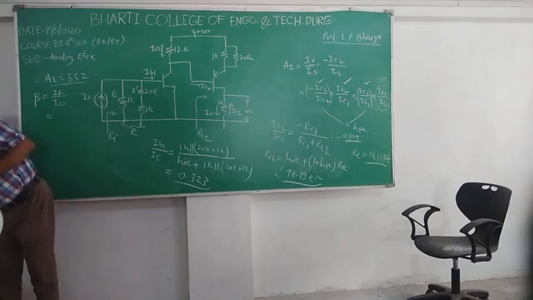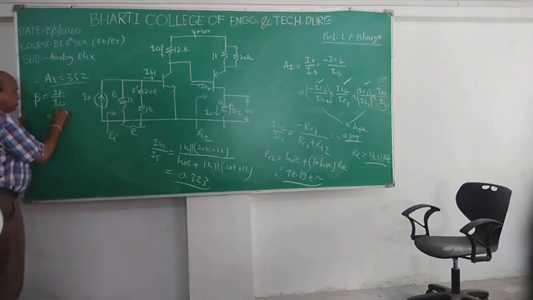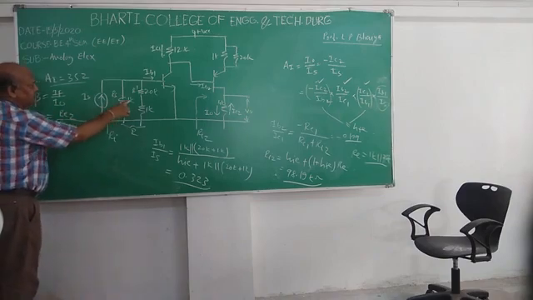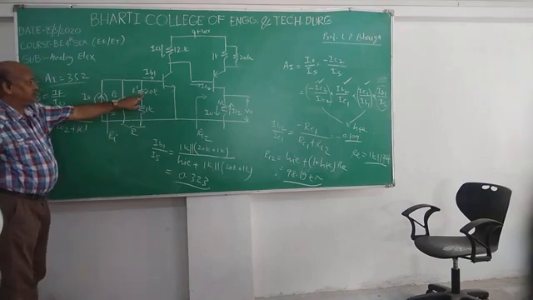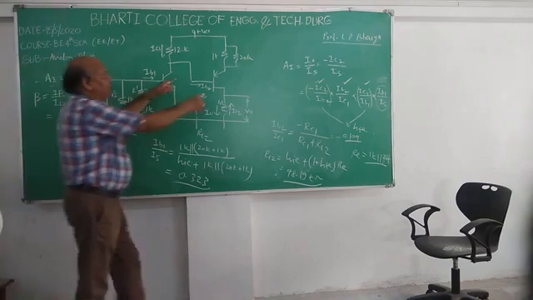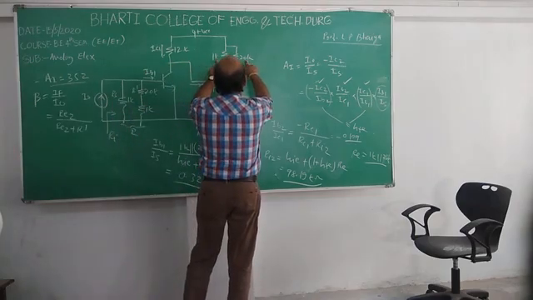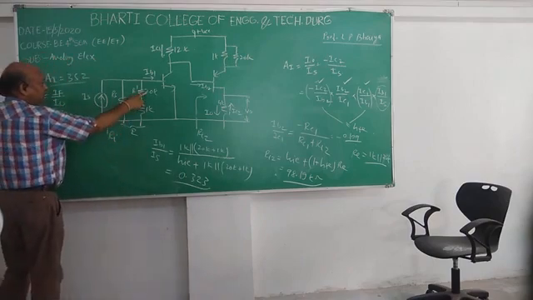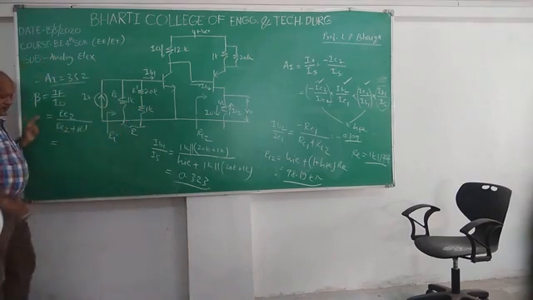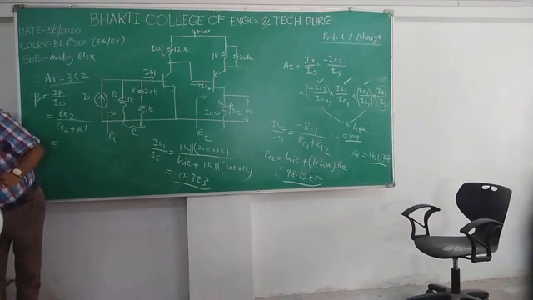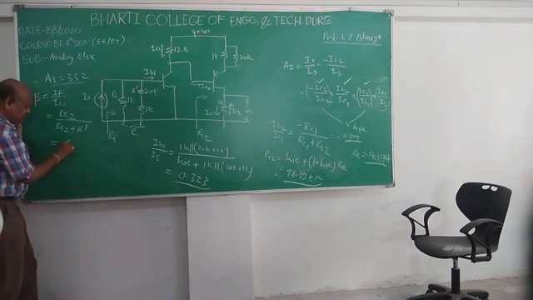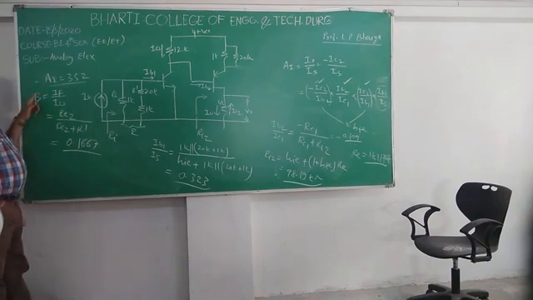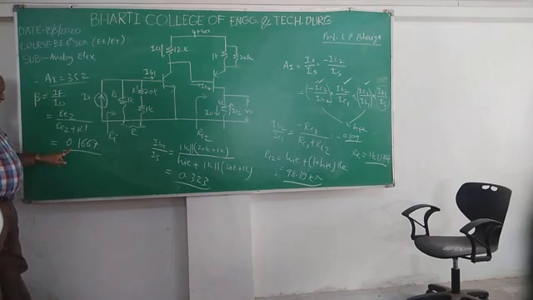So you can calculate this IF by I0, and this value comes to be RE2 upon RE2 plus R dash. R dash is this 20 kilo ohm feedback resistance, and RE2 is the parallel combination of these two, 1 kilo ohm and 20 kilo ohm. Put these values and calculate this beta factor. This comes to be 0.1667. So these two important factors you have got: the value of AI and the value of beta.